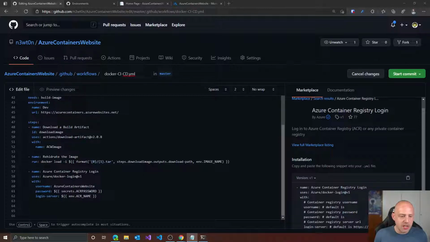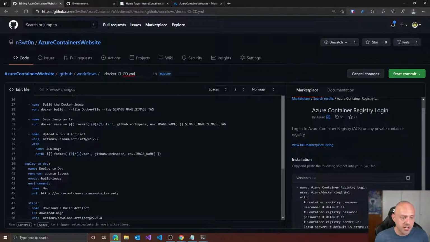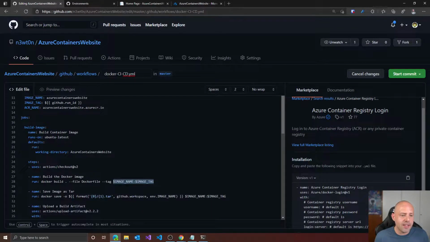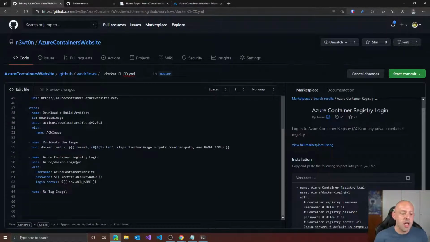And so now I can actually push the image to this container registry. Before pushing though, we need one more thing, which is we need to retag the image for using it with the ACR. And this is because, as I said before, when I save the image over here, let me show you again, I'm just tagging it with the image name and image tag, and the image name, as you can see, is just Azure Containers website. To push to a registry, you need to use the full name of the registry in the image name. So at this point, I need to retag it